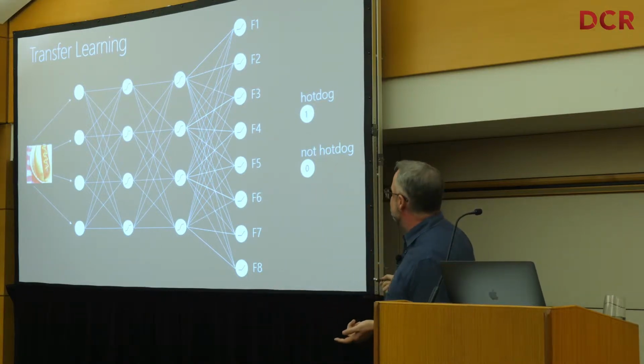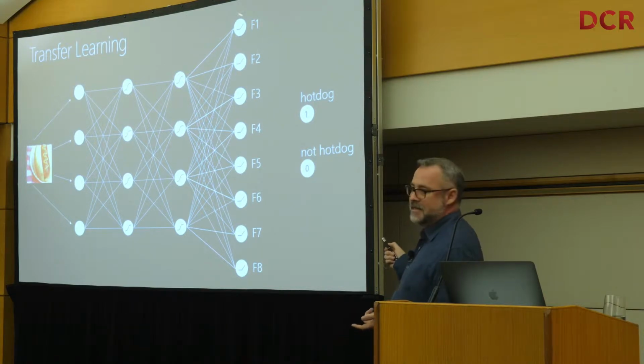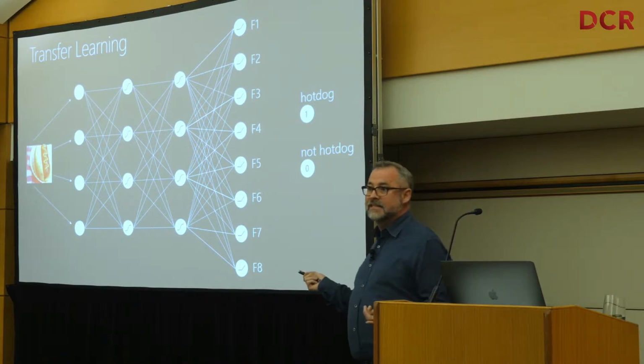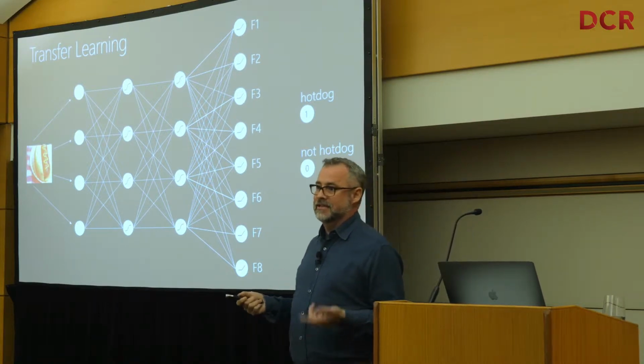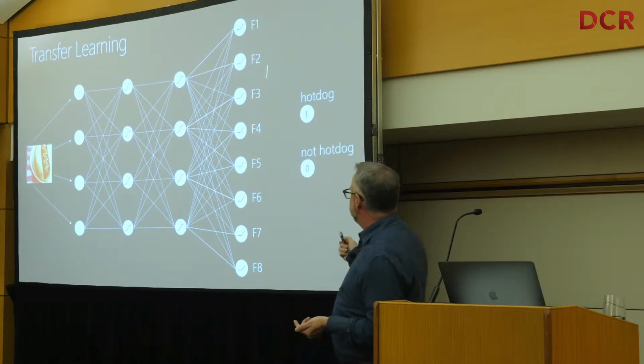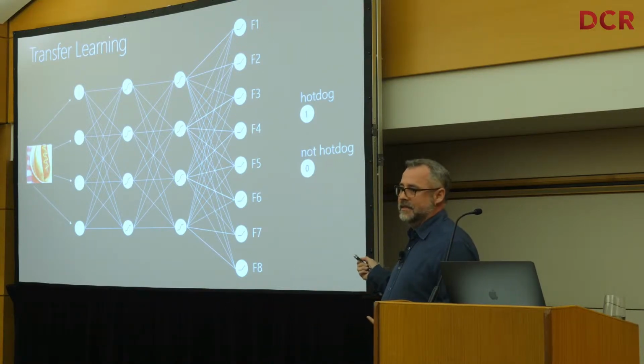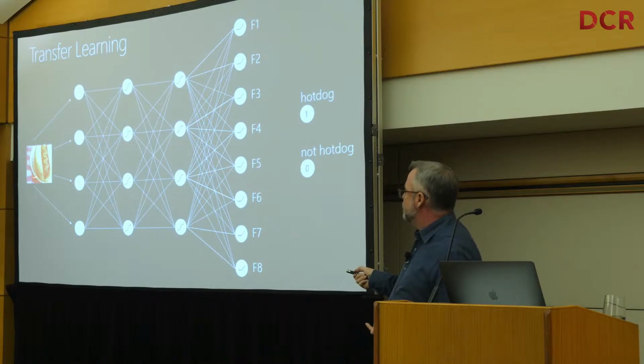We don't really know what, as I said, but this one might represent the greenness of an image. This one might represent the number of circles in the image. This one might represent, if it was working with faces, the number of eyes that it detects, those kinds of things. It's pretty difficult to figure out what they represent, but when you apply new images to them and do this reclassification process, it turns out it works pretty well,